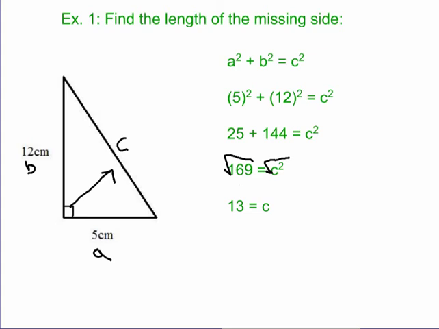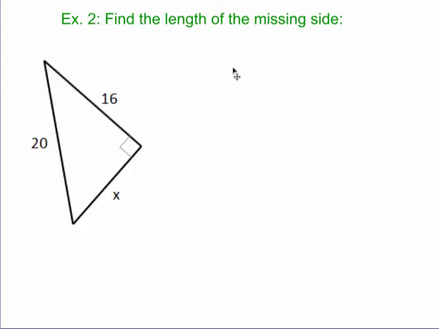Okay, let's try another example. Example 2, we want to find the length of the missing side in this problem. Well, in this problem, I see that 20 is across from the 90-degree angle, so that's my hypotenuse, that's C. And then my legs, A and B, are 16 and X. So I'm trying to figure out what X is. So if I take these and plug them into the Pythagorean theorem,